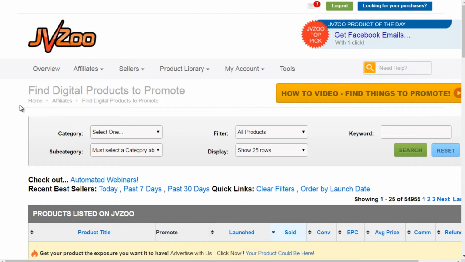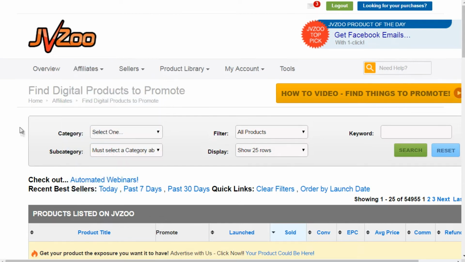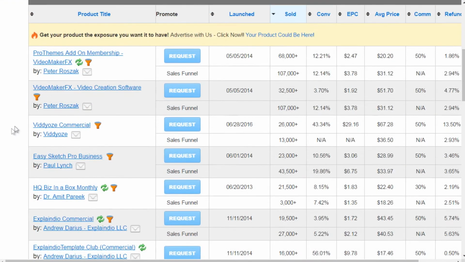And then if you go to the top and you click on affiliates and click find products, you will be directed to this page where you'll be able to find digital products to promote. Now, obviously in this case, we're looking for vendors, but this gives us some good data to get an idea of what products are being sold, how much the conversion rate, the EPC, in other words, the earnings per click,